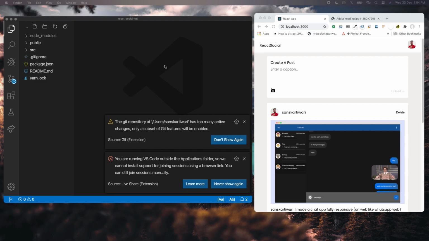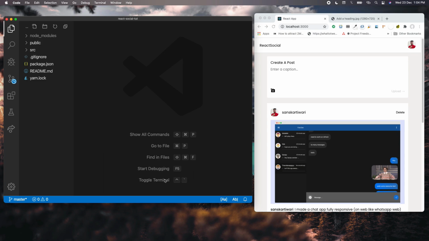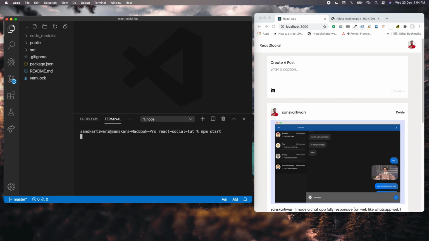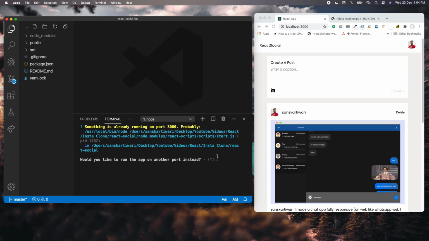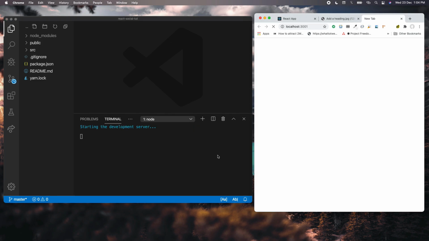So to begin with, we have created a fresh new project by running npx create-react-app and providing the application name. So now what we will do is we will first run this application so that you can see what a fresh application looks like if you haven't already before. It will ask a question that we are already running this, so I'm just going to hit enter, and now you can see